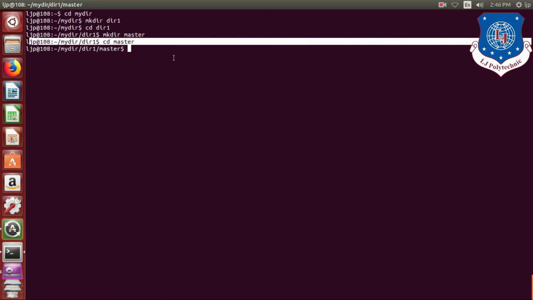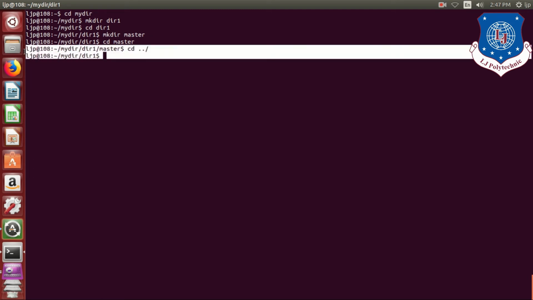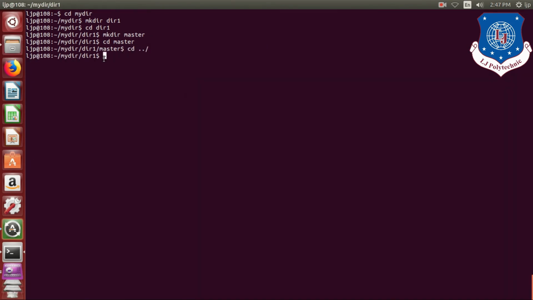So we will type cd then dot operator 2 times and then slash. So as you can see, we have moved one level up from the current directory.